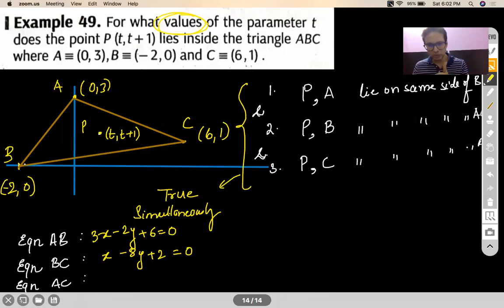Hello, Sharon. How are you? Yeah, BC equation is fine. Everybody? Thumbs up. Say something. I think you're still working it out. Yes, Aditya got it. So AC equation, is it x plus 3y minus 9 equal to 0?